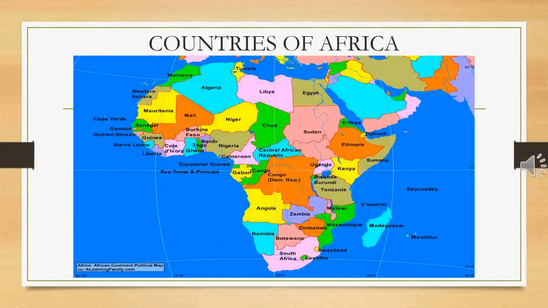Dear students, here is the countries of Africa. You must learn the name of the countries of Africa and you have to locate them on the map. Please use more than one map, as there are 54 countries and you have to mark each of them. You can pause the video to take help.